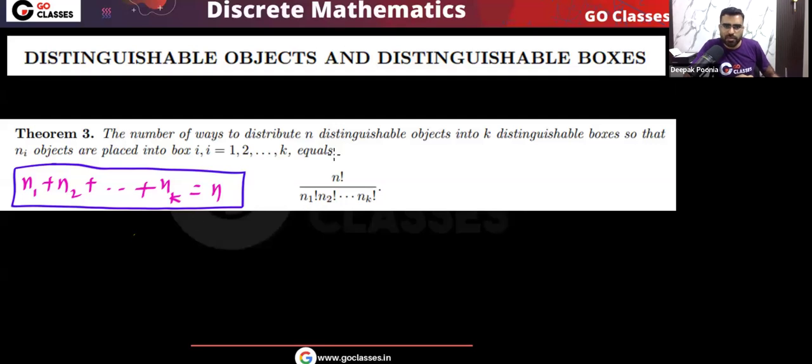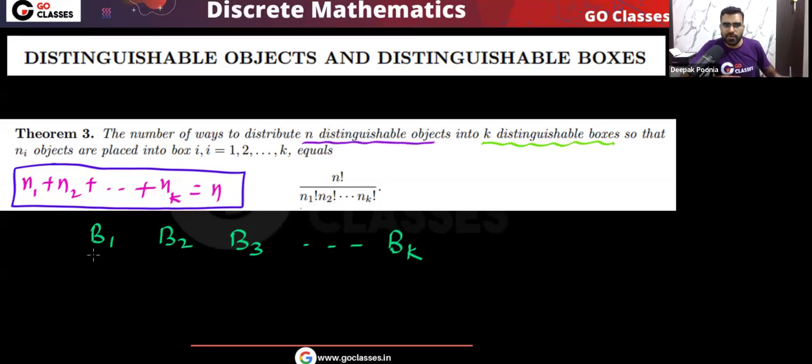And remember, in this DODB template, you have k different boxes: B1, B2, B3, and so on up to BK. And you have a total of n different objects. What do we want to do?